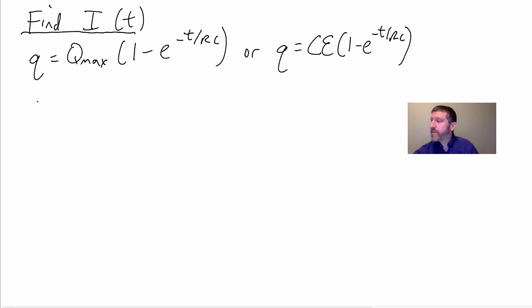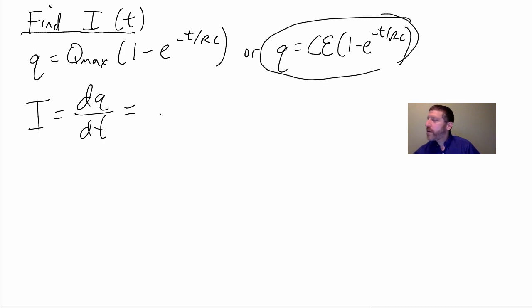Well, I is simply equal to dQ/dt. It's the rate of change of the charge, how fast charge goes by a point per unit time. So we just got to take the derivative of this, and I'm going to use this version of it right here, and go ahead and figure that out. To take the derivative, I'm going to multiply through. In other words, Q equals